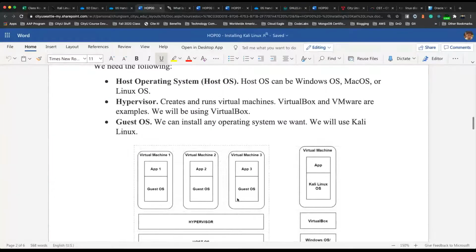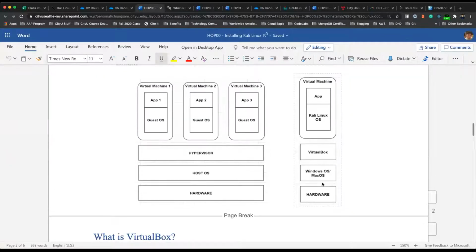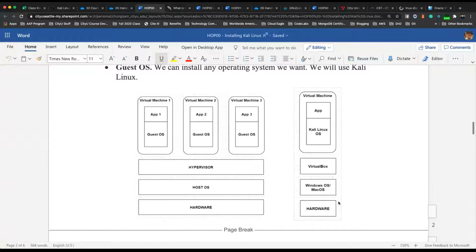For example, I have a game that can only run on Mac OS, but I have Windows OS. A way I can get around it is installing a hypervisor in my Mac OS, and then inside of that VirtualBox, I can install a Windows OS and several other Windows apps on top of that, right? And that's basically what we're going to do.